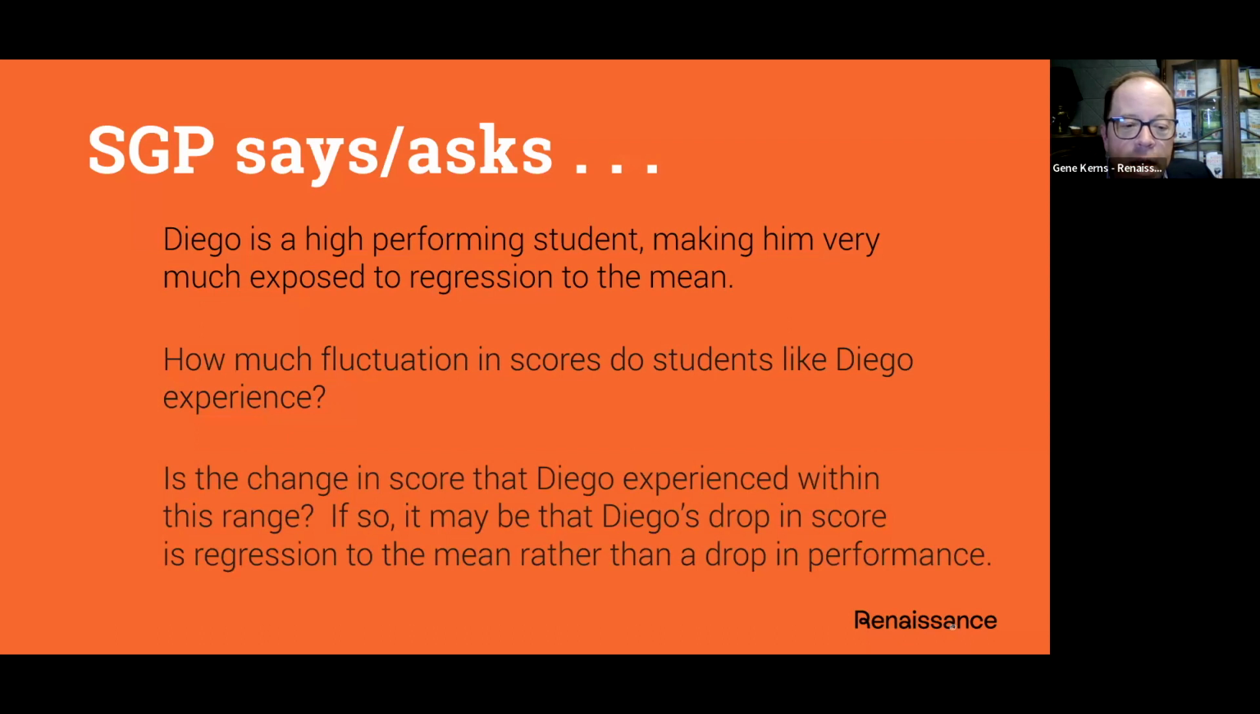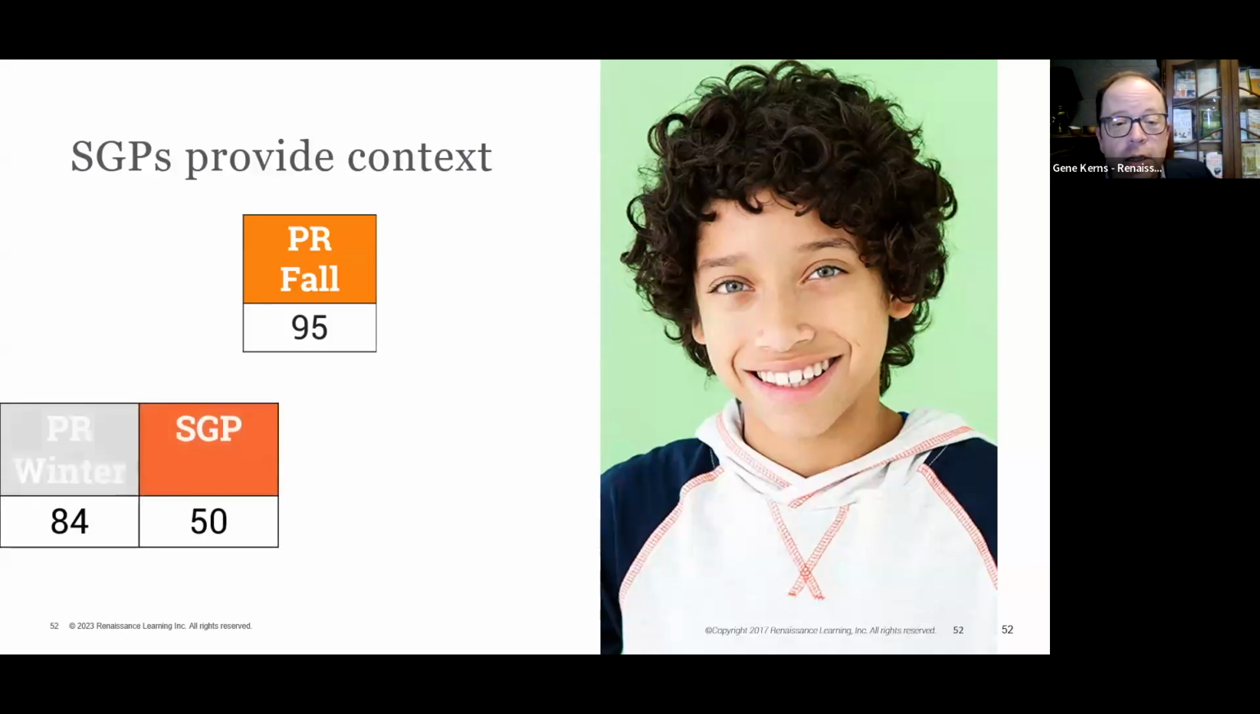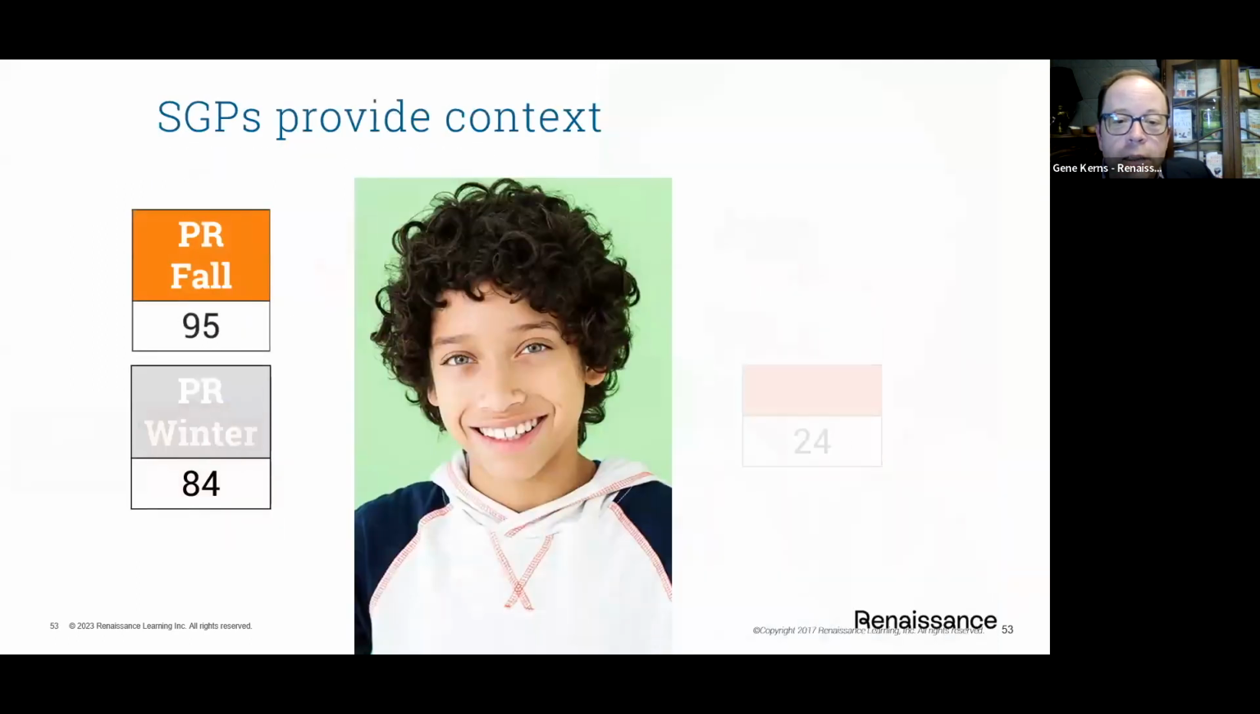So, in some ways, SGPs provide context. If we look at him and we say, well, he had a percentile rank of 95, in the winter it's an 84, but it's an SGP of 50, what we know is that's kind of a normal fluctuation. Like he had a bounce in his score, but it's not a large enough bounce for a high performing kid to be overly concerned. Conversely, if it said that he had an SGP that was lower, then we would be